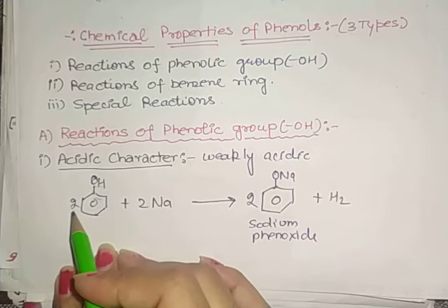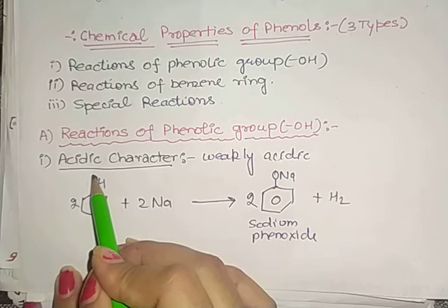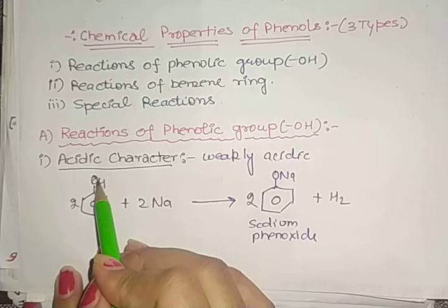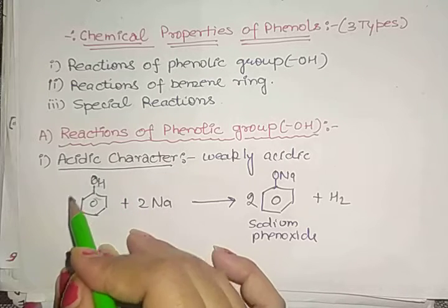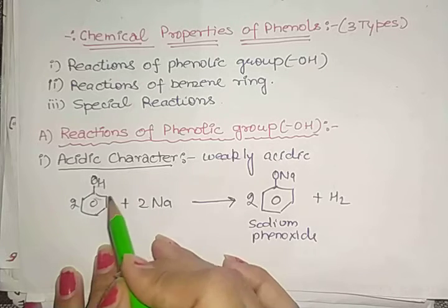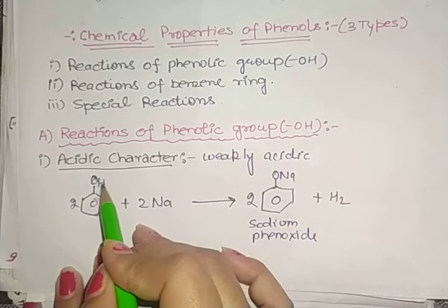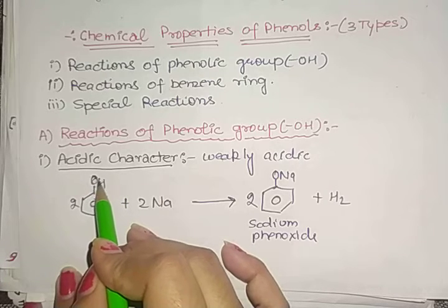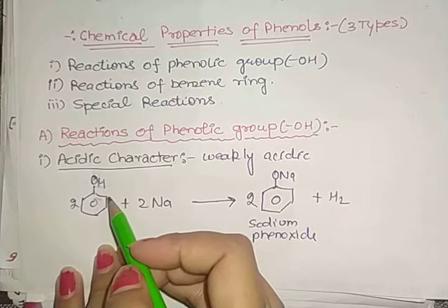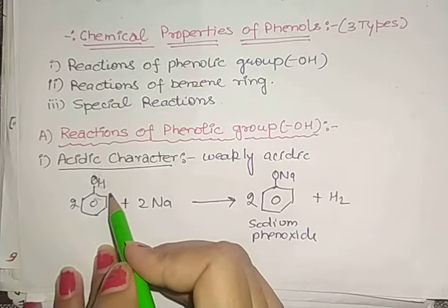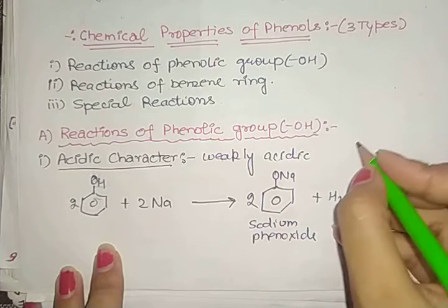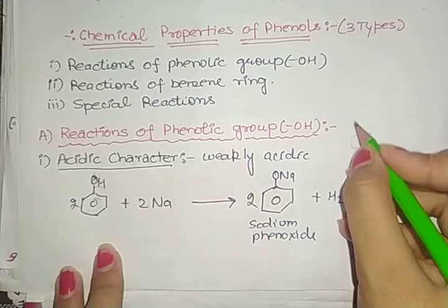So we can see that the electron density on the oxygen decreases, and this increases the polarity of the OH bond, and there is an increase in the ionization of phenol, by which the hydrogen is released. Oxygen takes the electron from that OH bond and hydrogen is removed from here. When the hydrogen is removed, the phenoxide ion is formed. The phenoxide ion on the benzene ring has only O negative.